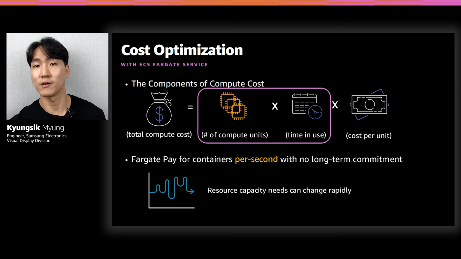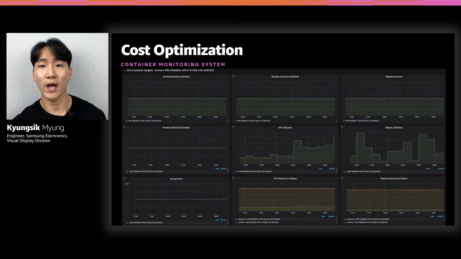But we did not stop here. We needed to monitor each cluster, service, and task to make it more cost optimized. When you run your tasks and services with AWS Fargate, you need to specify the CPU and memory requirements. As we said, AWS Fargate makes us free from EC2 deployment, auto-scaling, and security issues. But still, it costs based on specified CPU and memory. That's why we have to monitor and prevent over-provisioning.